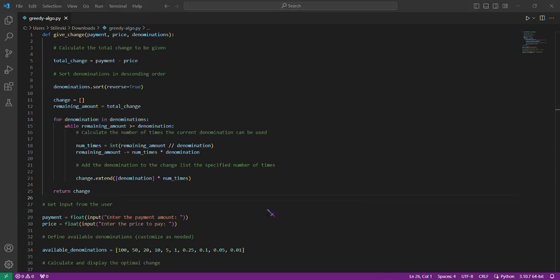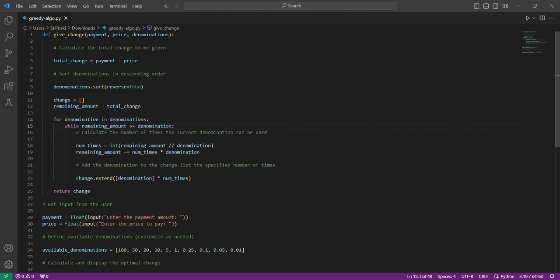This initializes a loop that iterates through each denomination in the sorted list of denominations. The next one is the while loop on remaining amount. The purpose of this is to continue as long as the remaining amount is greater than or equal to the current denomination.